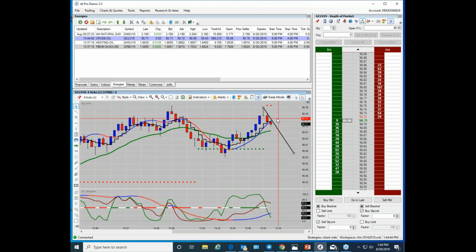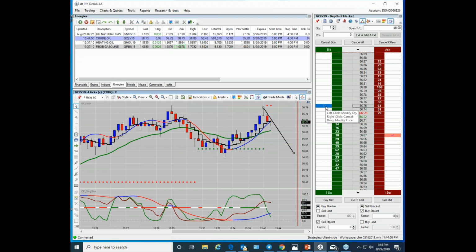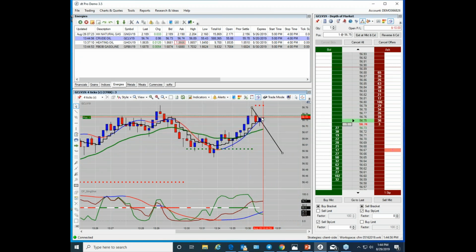So you would have an order in buy stop at 56.75. Whatever the low or the high is, that's what you do. You add 5 or subtract 5. Now, that is the close above the trend line. You notice we're long. And there's our stop